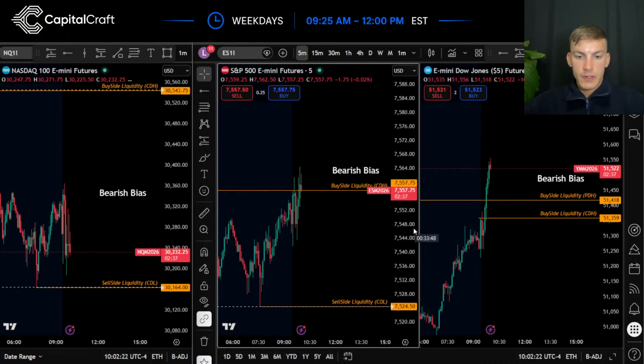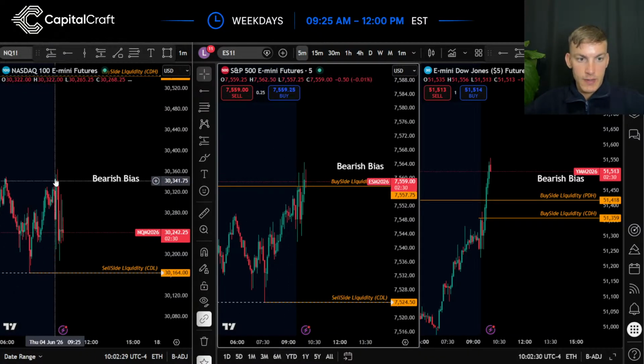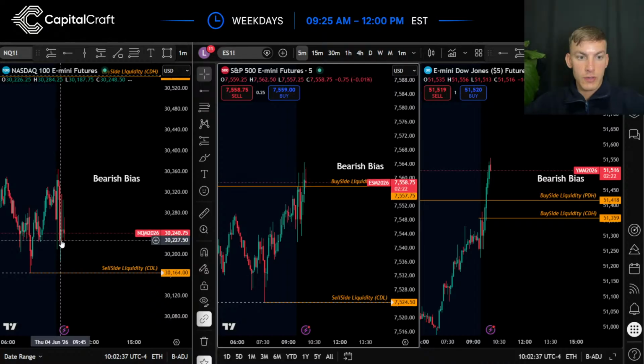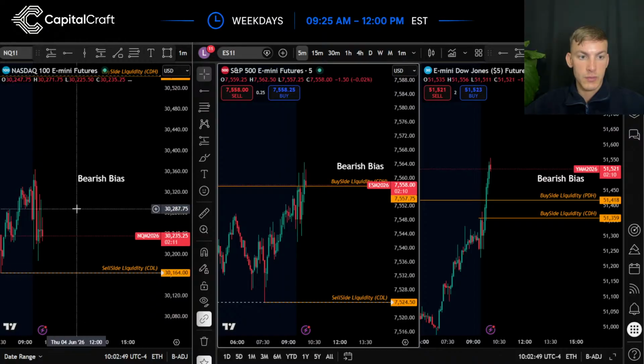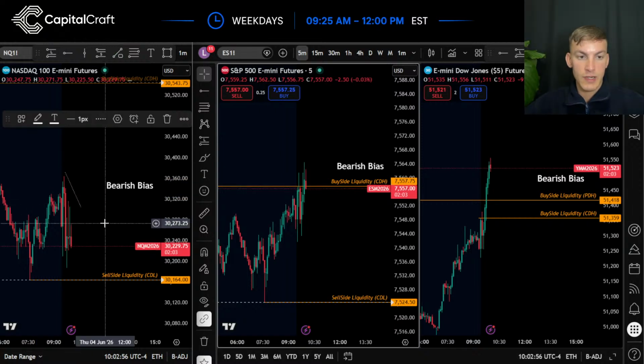Alright, so if we turn our attention to the Nasdaq as well as the S&P 500, now on the Nas, it's pretty evident that it's not going to take that specific level, or it's not looking to take that specific level as we speak. Now, if we can close below here, then I would look to be going not short straight away, but that would qualify a change in state of delivery on the Nasdaq. First off, what we've seen here is essentially weakness within the marketplace compared to the S&P. So if I mark out that swing low, we can clearly see we've never been able to raid it,